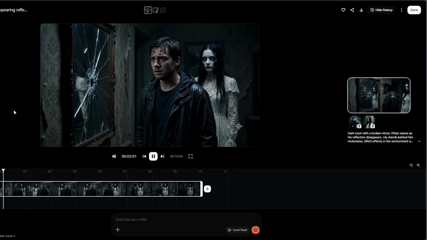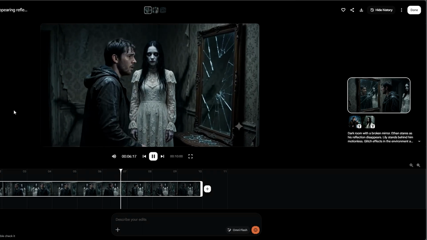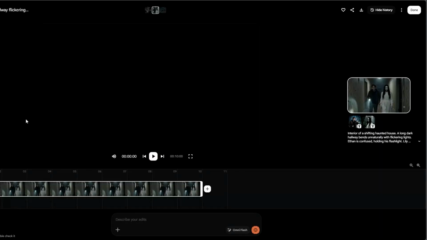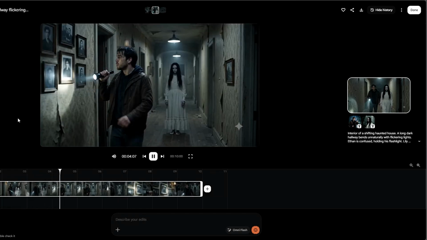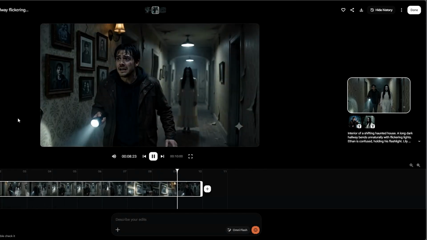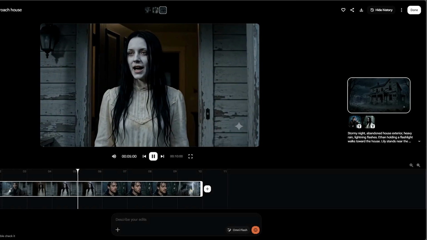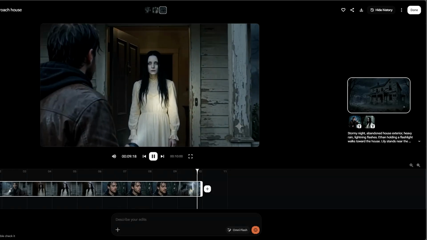So you can see how amazing these 3 videos have been generated with different camera angles and different camera movements. So now you can simply adjust them in any editing tool and make one complete video. So I generated one more video in the same way. Let's go and see its results too.